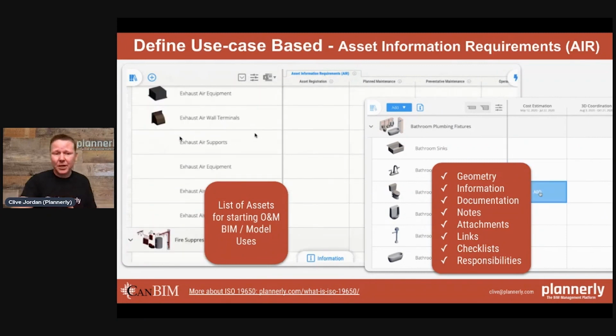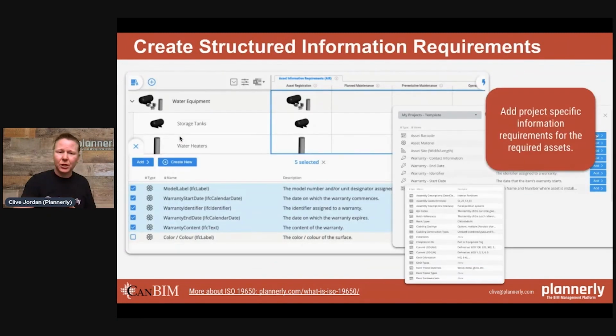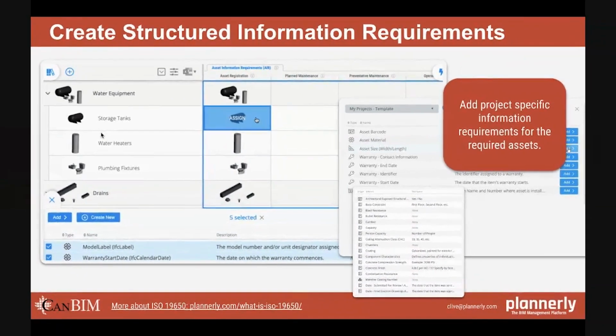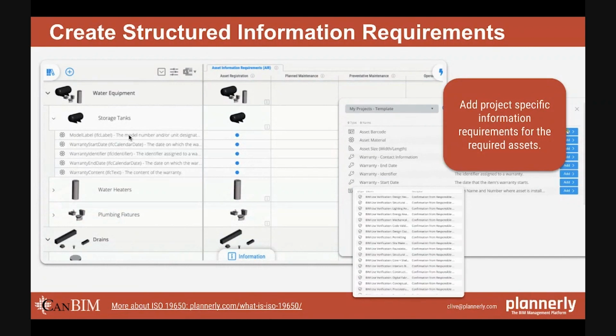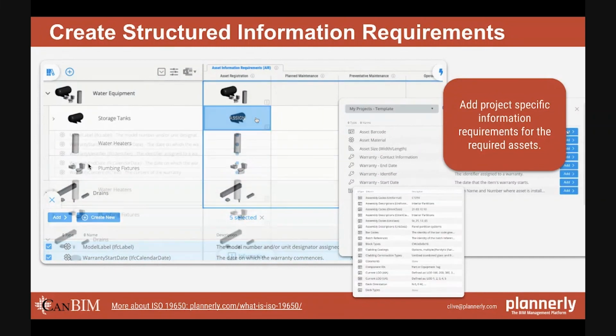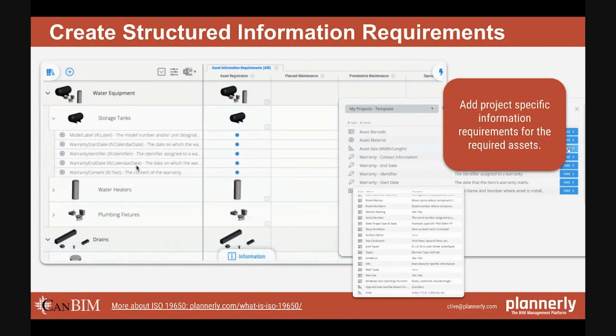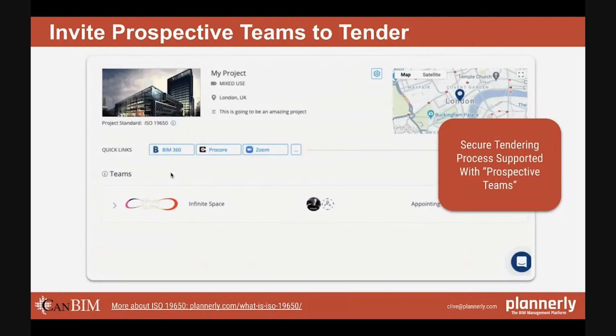We cut through all of the confusion if you are using a visual approach, but also attaching the requirement in a structured way so that you have the information in this form. The storage tanks require this set of parameters at this stage by this team, and understanding that clearly in a structured way can help you validate that later on, and we'll come to that.